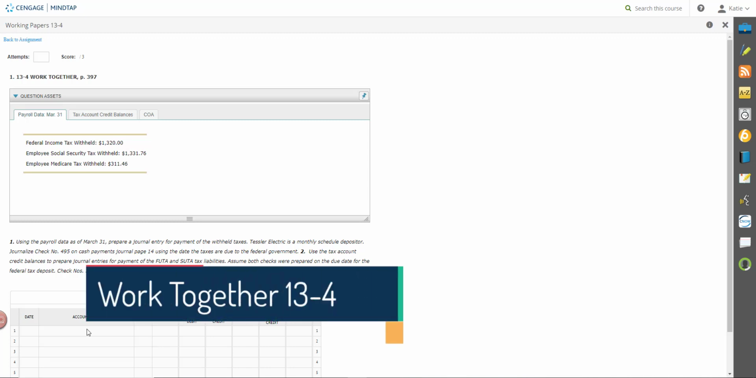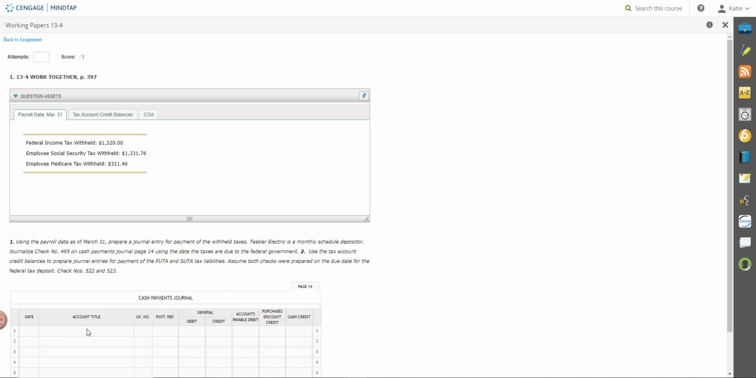The last section for 13 is going through and recording our transactions for when we have to pay our liabilities for having employees. So when we take a look at our information on 13.4, we're using the payroll data as of March 31st, and we're going to prepare a journal entry for the payment of withheld taxes. Tesla Electric is a monthly scheduled depositor. We need to journalize check 495 on the cash payments journal, page 14, using the date the taxes are due